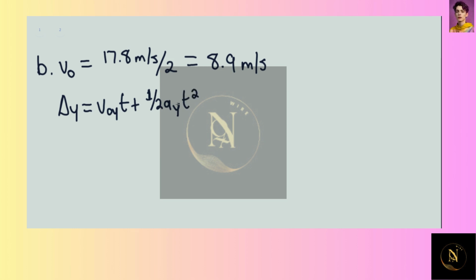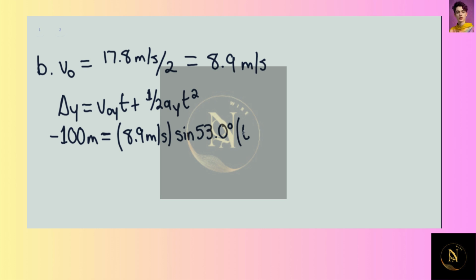This is essentially going to give us negative 100 meters, equal to 8.9 meters per second multiplied by sine of 53.0 degrees times t, and then minus 4.90 meters per second squared times t squared. As you can see, this is a quadratic equation, and so you can use your TI-84, 85, or 89 in order to solve for t, and we see that the only positive root for t is equaling